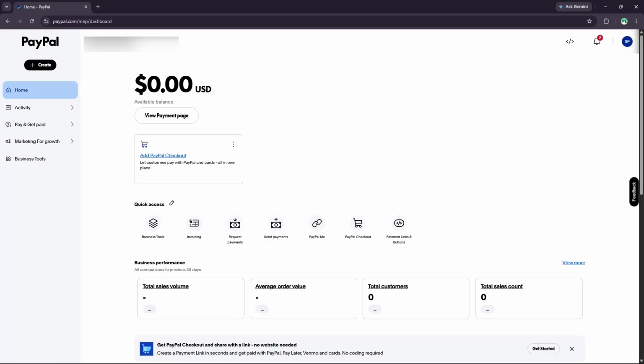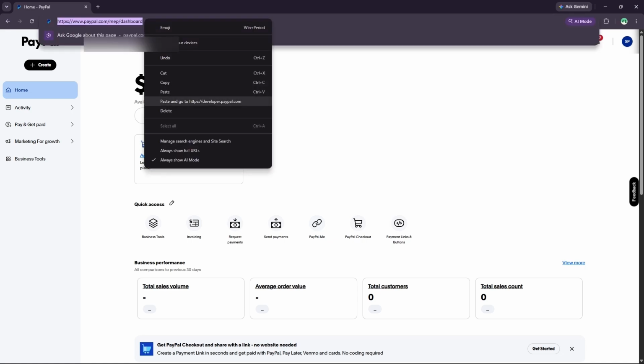So in this video, I'm gonna tell you how you can get your PayPal API credentials. So it's like if you have created your PHP site, or if you have a Shopify store or any store where you want to integrate your PayPal, then how you can create your API key. So for this, what you have to do is, in the description, I will give you the link. So you have to go to this link